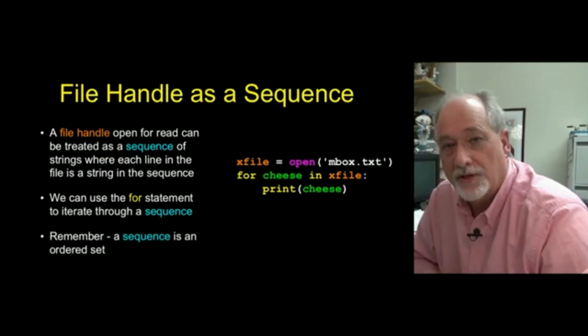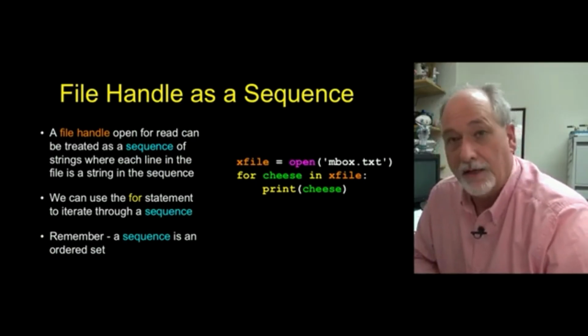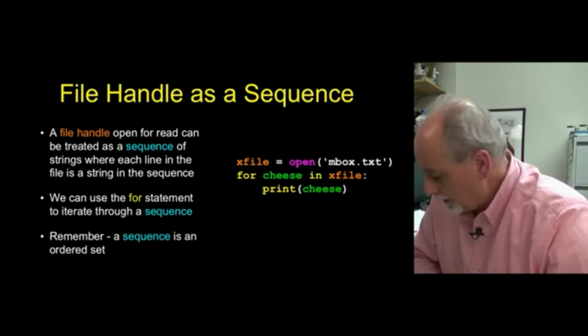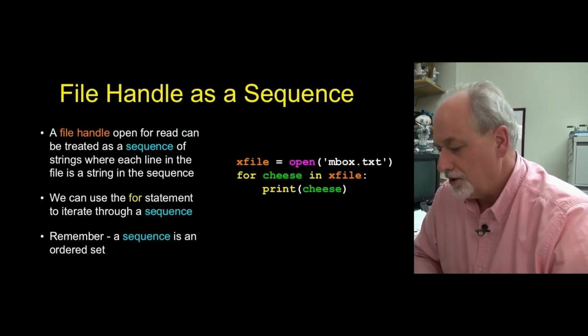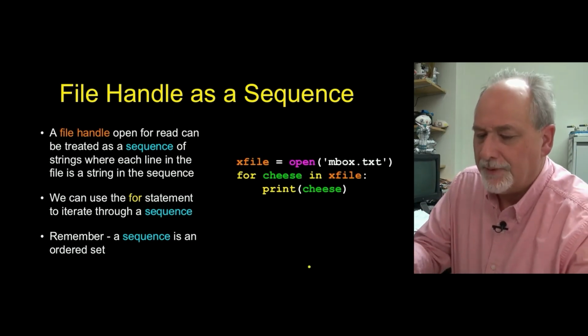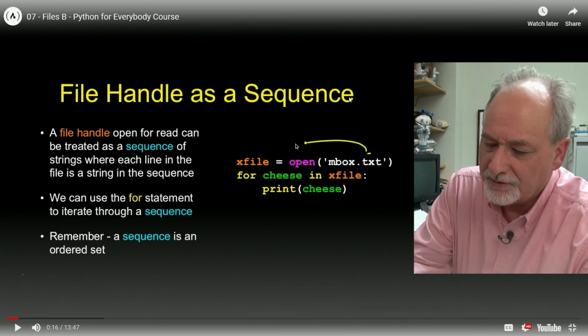So we're going to find that there's a number of different ways that we can read through the file, but the most common way that we're going to read through the file is to treat it as a sequence of lines. And we're going to use the determinant loop, the for loop, to do this. And so what happens here is we get back this handle that opens the file and gives. Okay, I see.